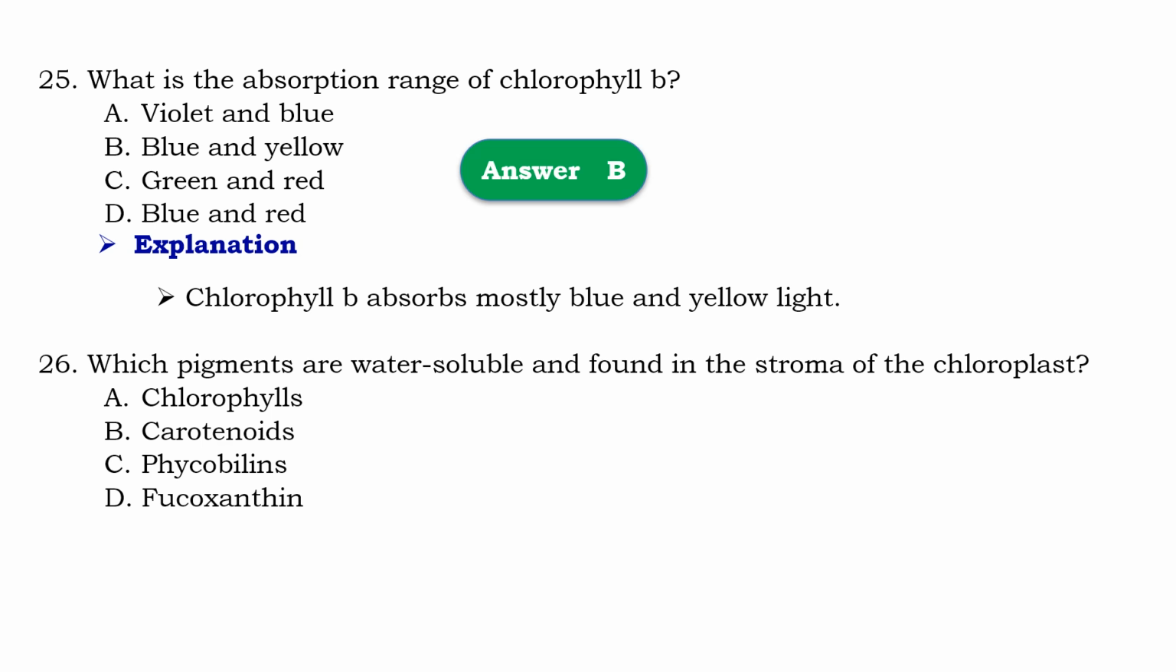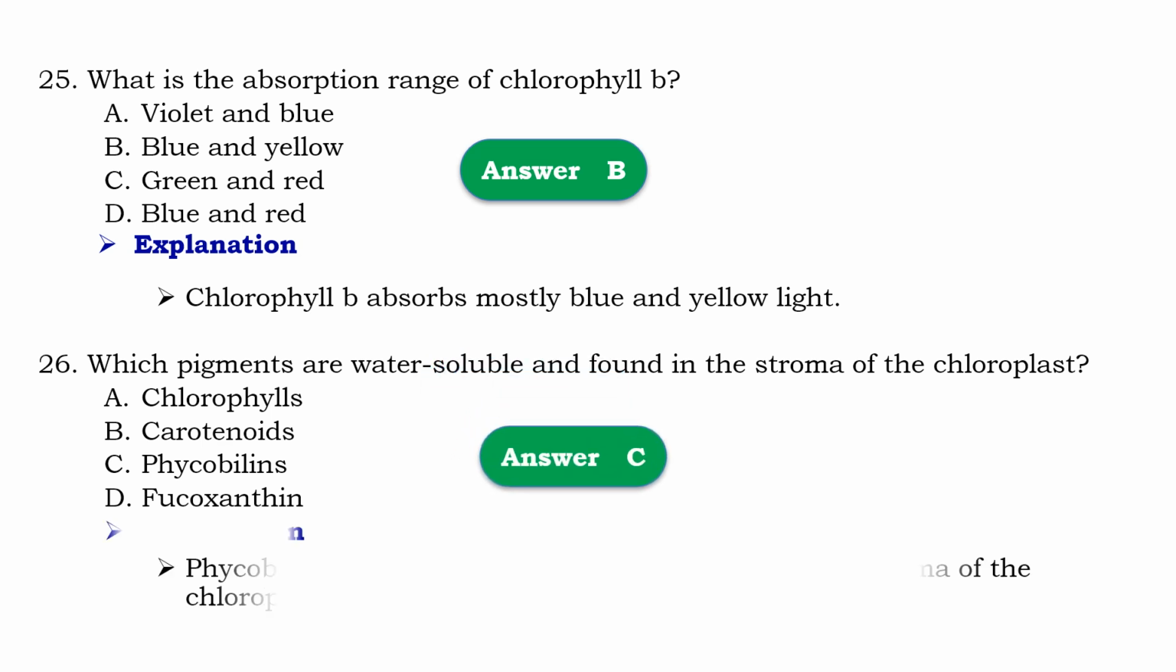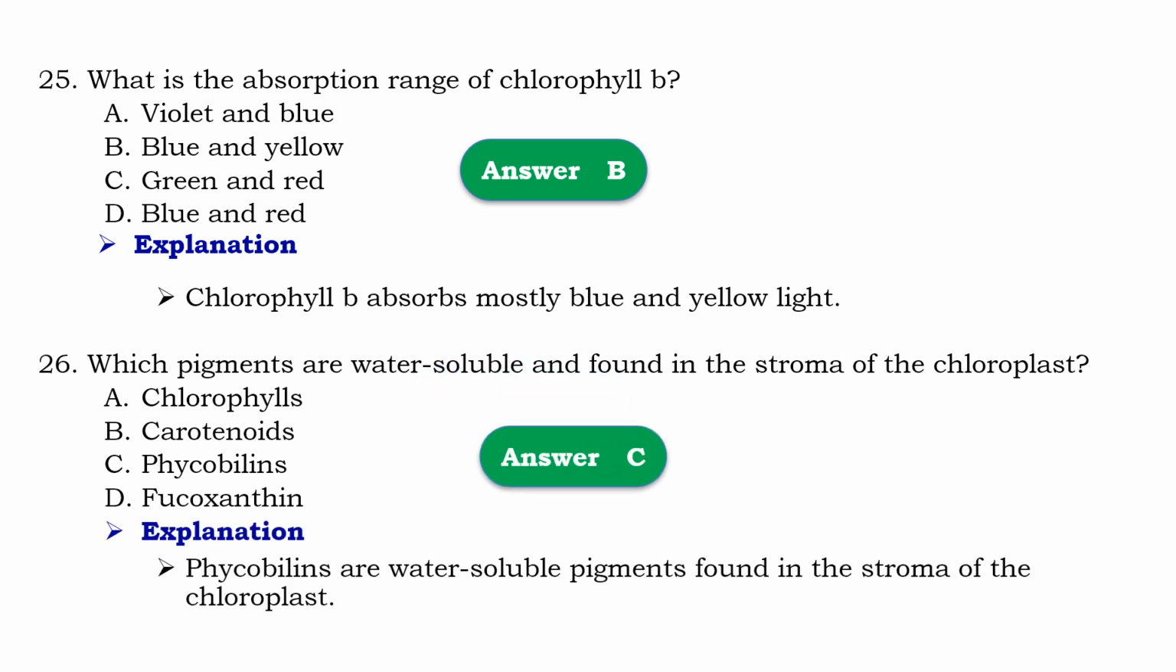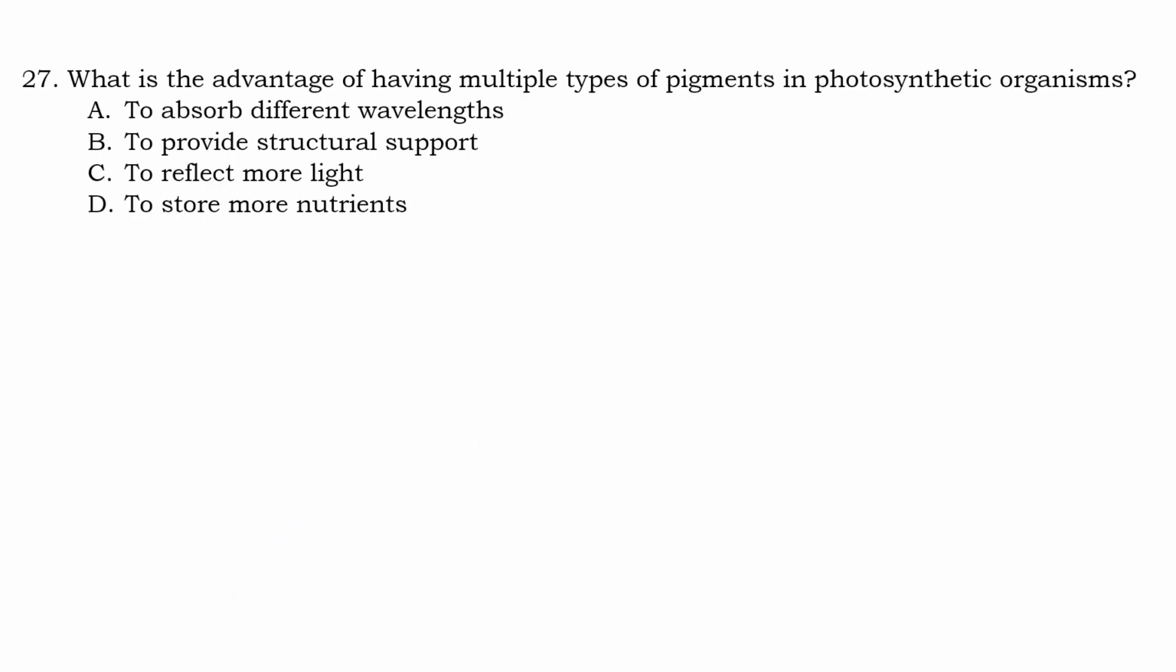Question number 26. Which pigment are water soluble and found in stroma of the chloroplast? ከሚከተሉት ፒግመንት ውሃ ውስጥ የሚማመውና ስትሮማ የክሎሮፕላስት ስትሮማ ክሎሮፕላስት ውስጥ የሚገኝ የትኛው ነው ይላል? So that should be C, phycobilins. Phycobilins are water soluble pigment found in stroma of chloroplast. ስለዚህ phycobilins የምንላቸው ፒግመንት ውሃ ውስጥ ይማማል soluble ይሆናል ማለት ነው። የክሎሮፕላስት ስትሮማ ውስጥ ይገኛል ማለት ነው እንደዛው።